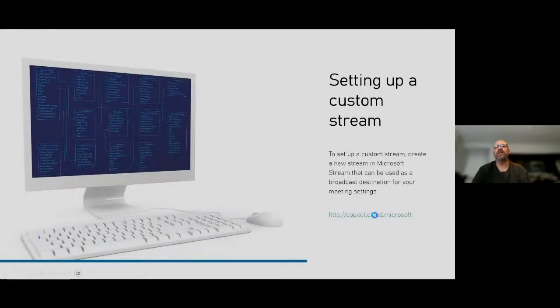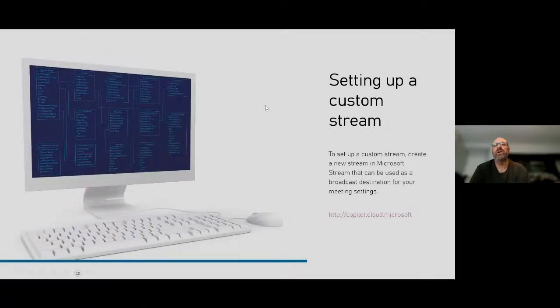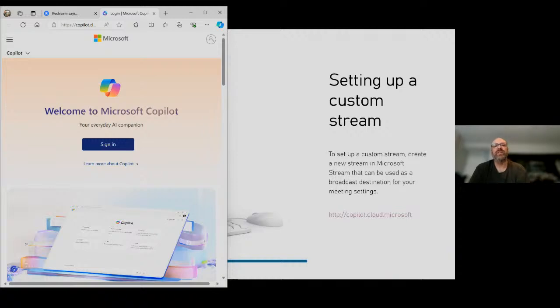Now that the link is in the PowerPoint and not in the speaker notes, I can actually use the PowerPoint to navigate out to copilot.cloud.microsoft, the new top-level domain for Microsoft. And in that window, it allows me to sign in and then use certain functionality of Copilot from the browser, not just from the applications like Word, Excel, Outlook, PowerPoint, etc.